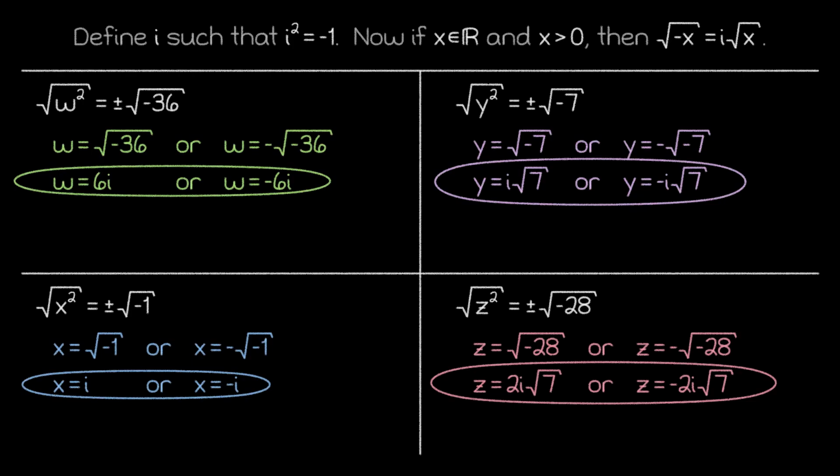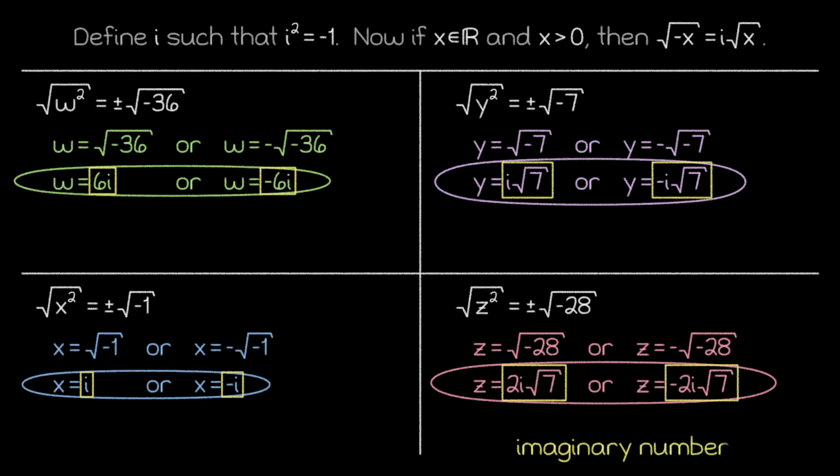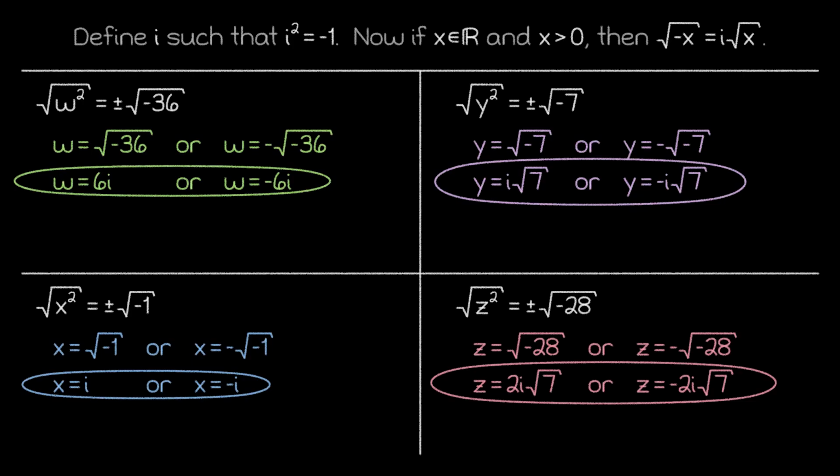In the end, anytime an expression squared is equal to a negative number, that expression will be equal to some real number times the imaginary unit. We call these solutions imaginary numbers in order to contrast them with the real numbers. Don't let these naming conventions fool you, though. The imaginary numbers are very much an important and useful part of mathematics, with applications that get used in the real world.